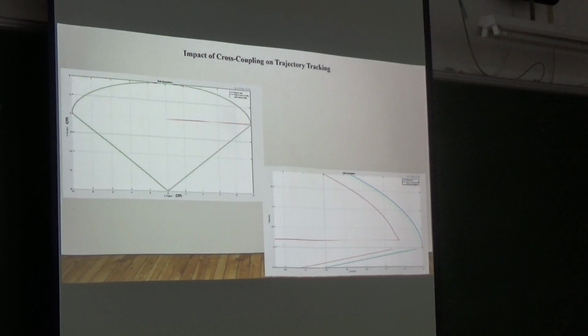Alright, so to look closer, we check the whole path with the cross coupling and without the cross coupling. You can see here, without the cross coupling, it's a little bit deviated from the original path. The input is the blue line, the red line is not using the cross coupling, and the green line is using cross coupling. The steady-state error is actually reduced when we use the cross coupling from the input to the